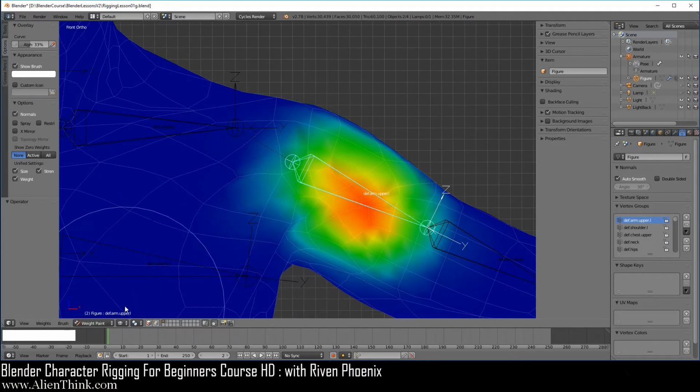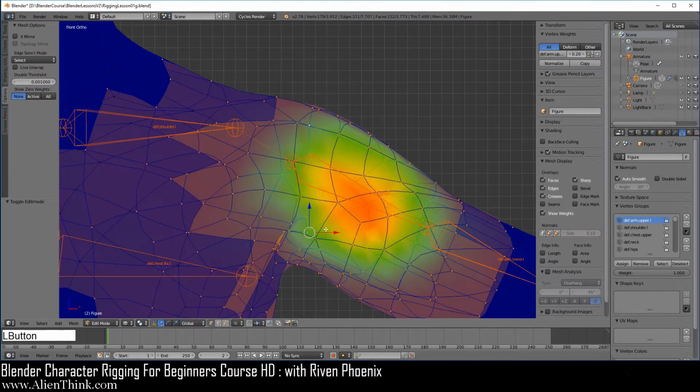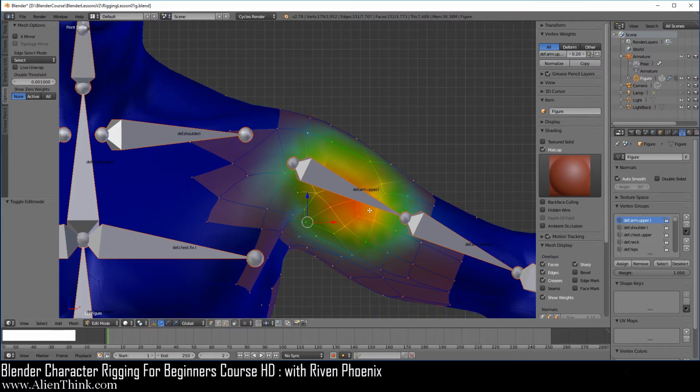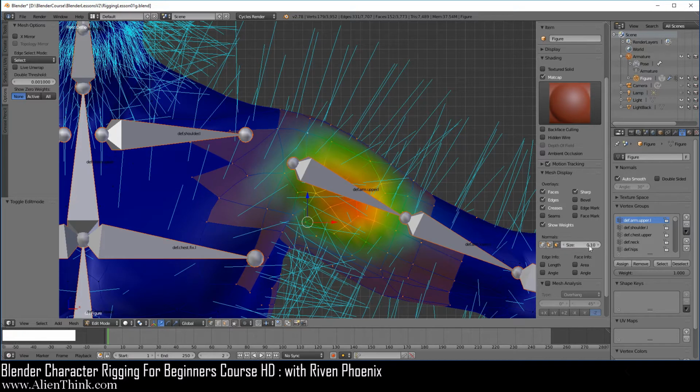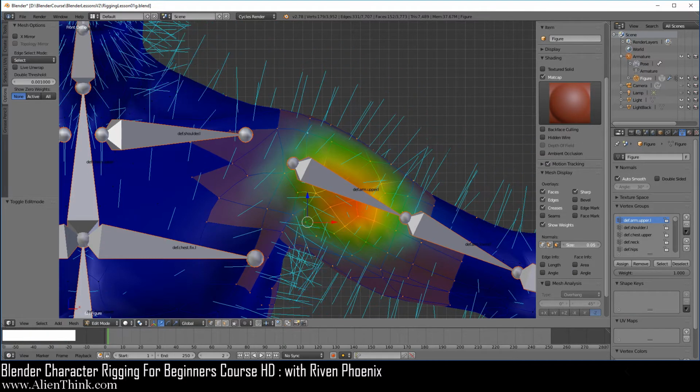So to understand this, what you have to do is actually go to edit mode and press the Z key to go to solid view. Then under mesh display, you can actually click on normals. Now over here, you can control the size of these blue lines. They actually don't do anything internal. This is just a visual thing. So press the shift key down and just bring this down. So notice that these are the normals on your face.